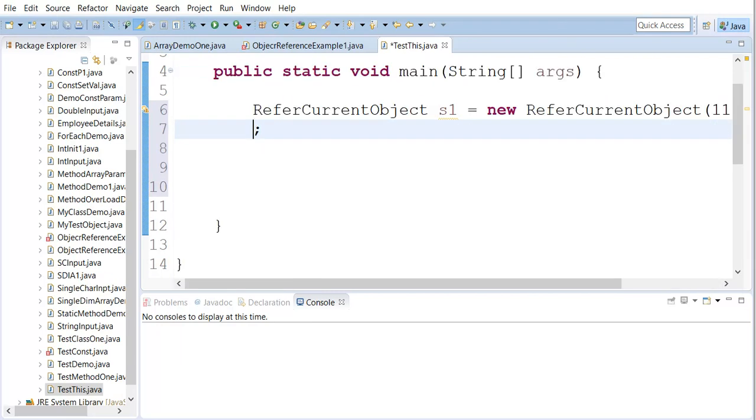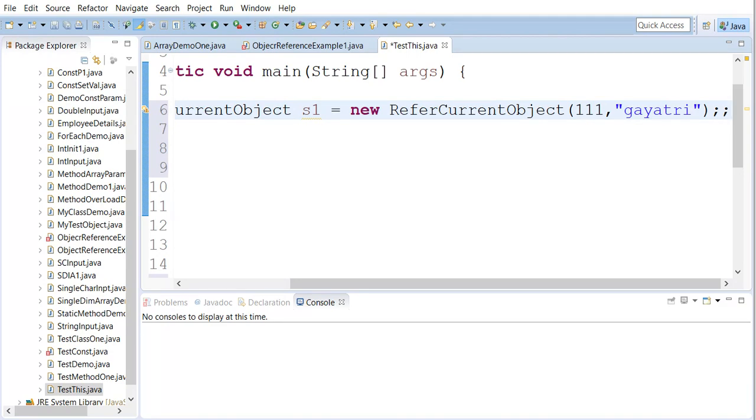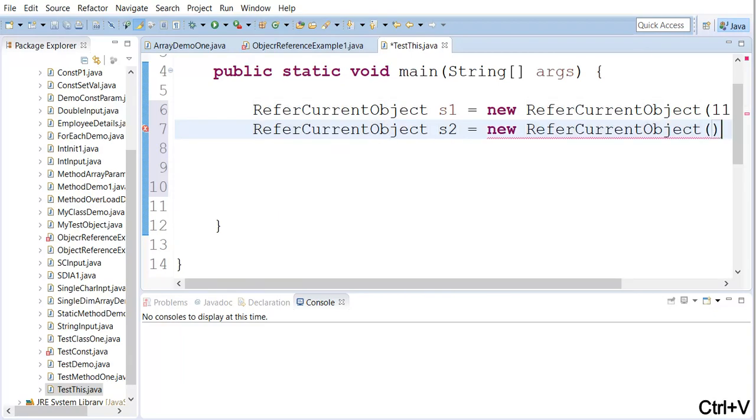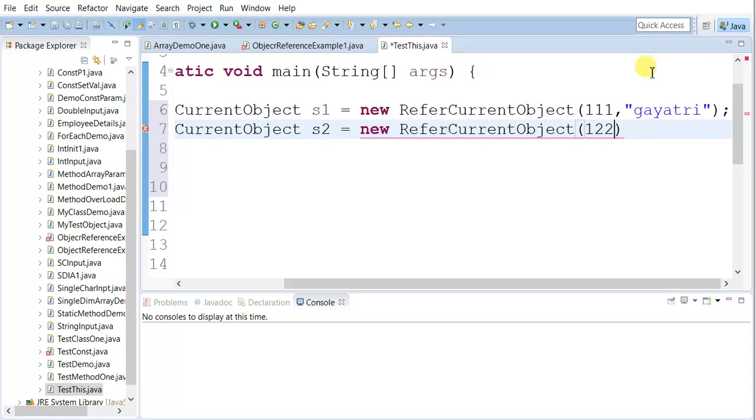Done. Now again I will give another value, some other value. Done. So now this is the second object.